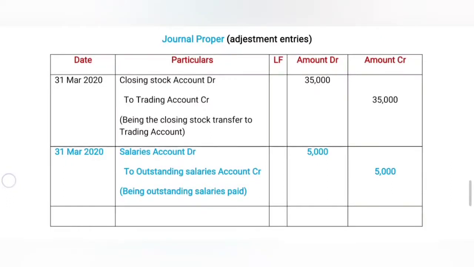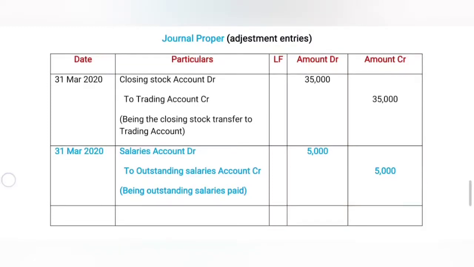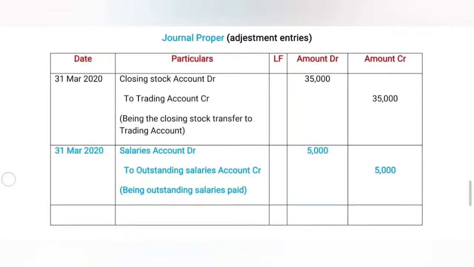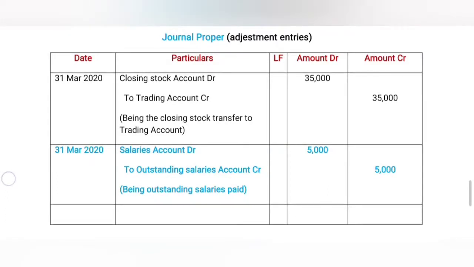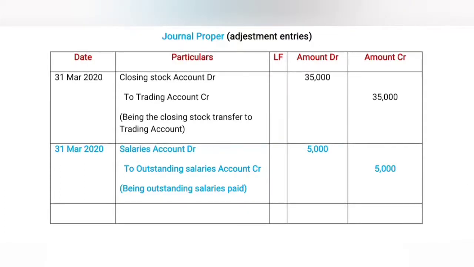Now coming to particulars. Here expenditure is related to a nominal account. That's why the nominal account is debited as an expenditure, and outstanding salaries is also an expenditure but not paid now, it is to be paid in future. That's why this amount is also transferred to the salaries account. Now here the salaries account is debit, the outstanding salaries account is credit. Narration for the given transaction: being the outstanding salaries payable. Now the amount is given as 5,000. This transaction is completed. We are going to another transaction.